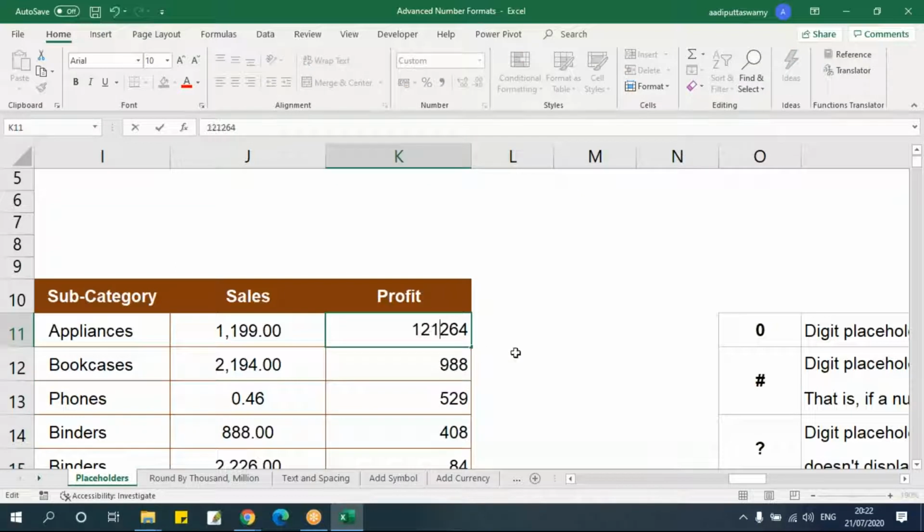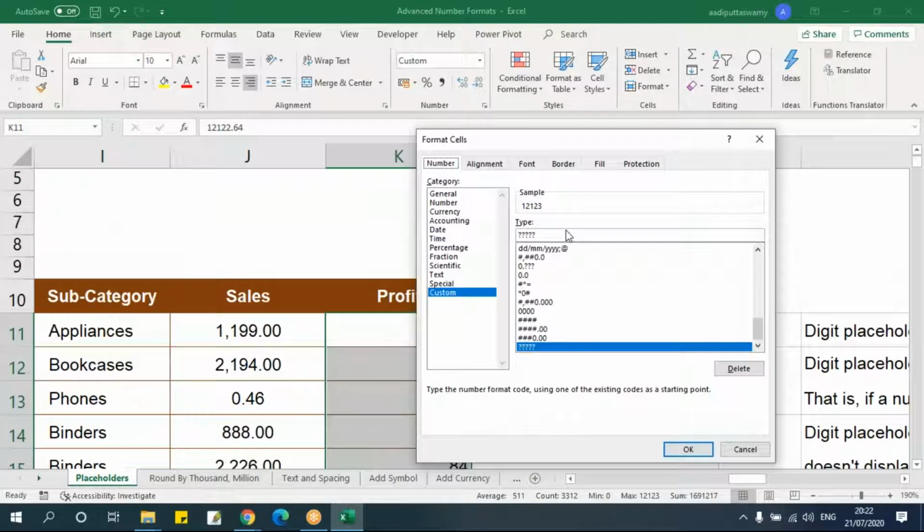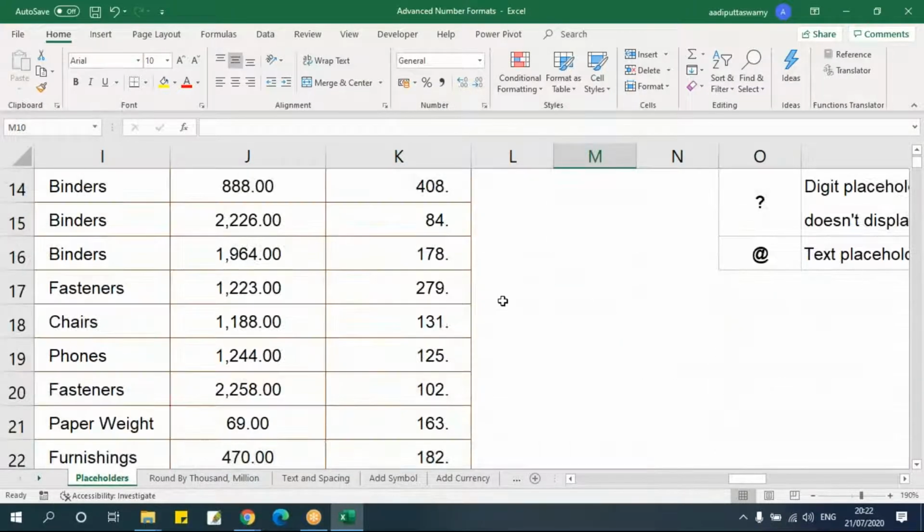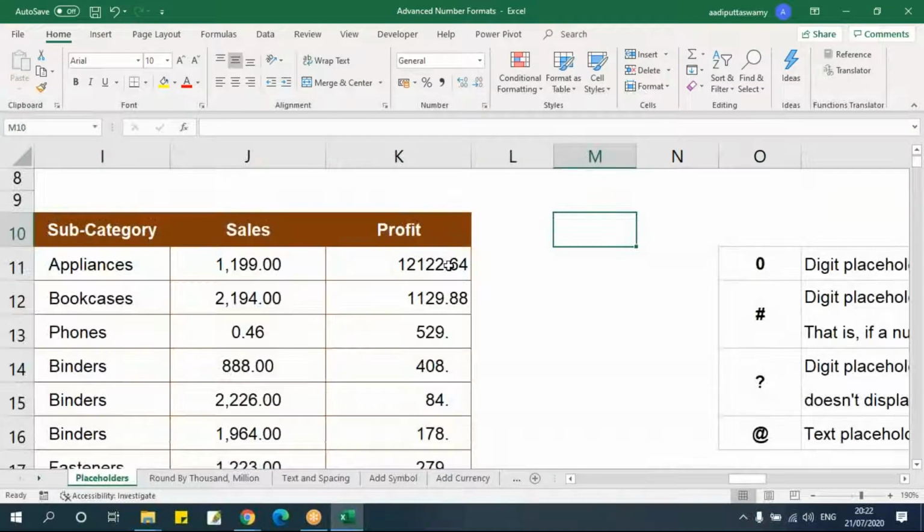Now let me type some number. Right. Now let me put some decimal numbers here. We'll give a decimal placeholder also as dot question mark like this, instead of 0, a question mark. Now you can see the alignment of the decimal numbers will be like this.